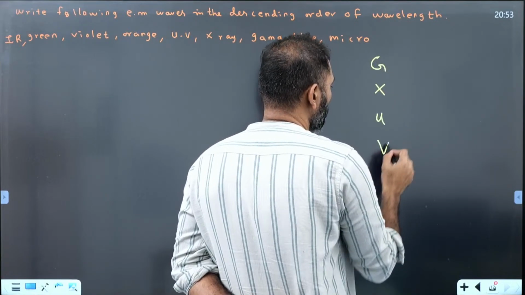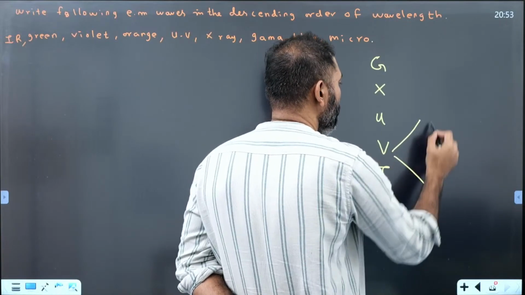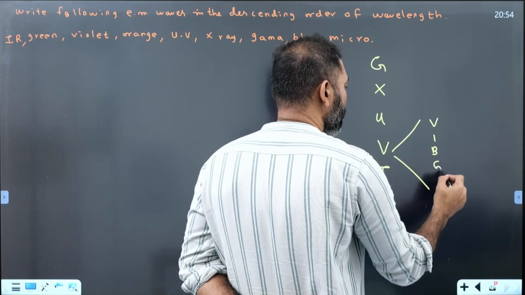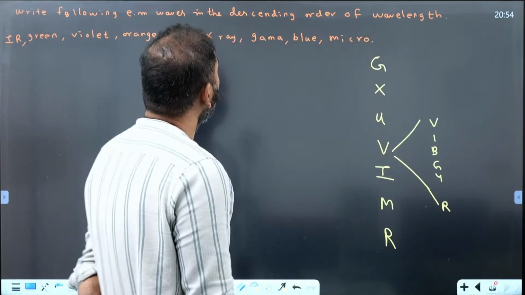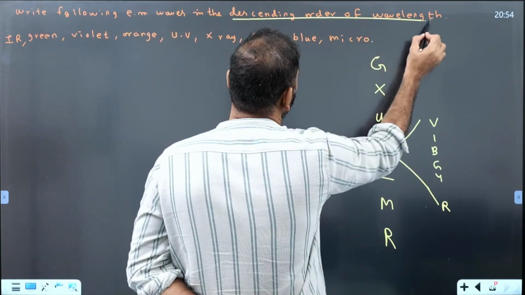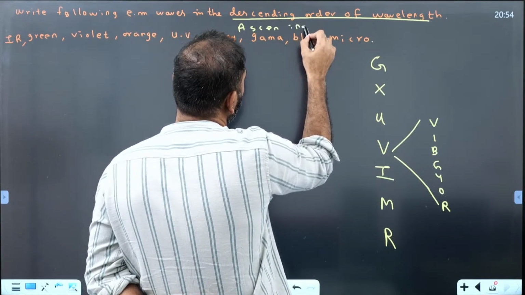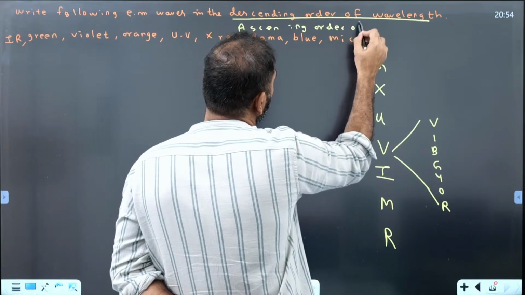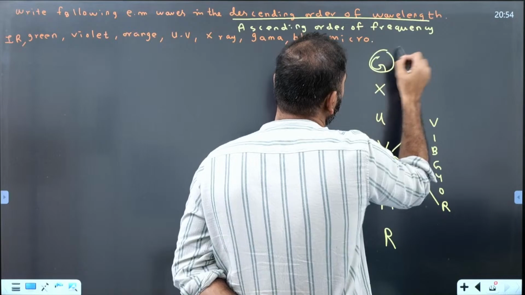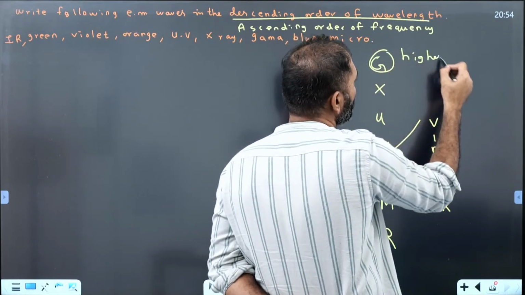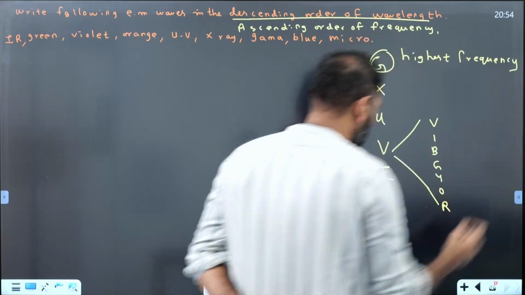GXU Wimmer. Now inside V what do we have? VIBGYOR. Now what order should you use? Descending order of wavelength. That is ascending order of frequency. Ascending order of frequency means what? Gamma rays have the highest frequency, so gamma should come last. So the order should be